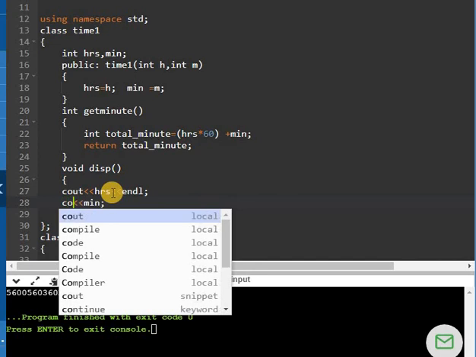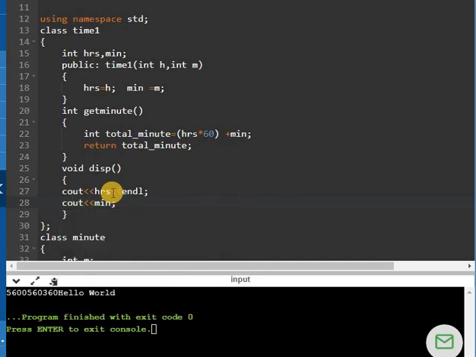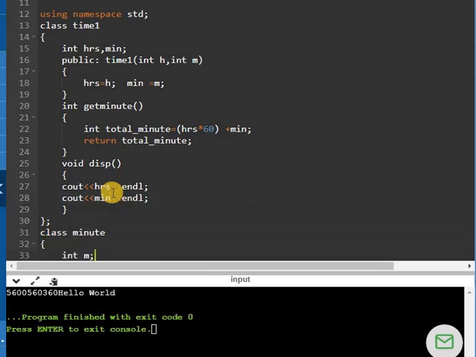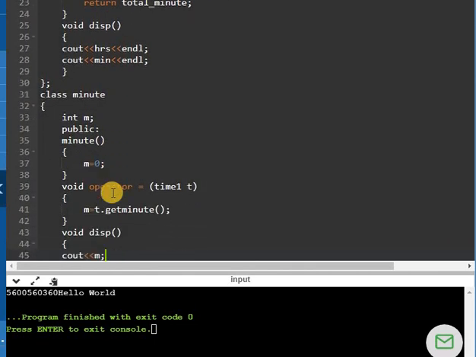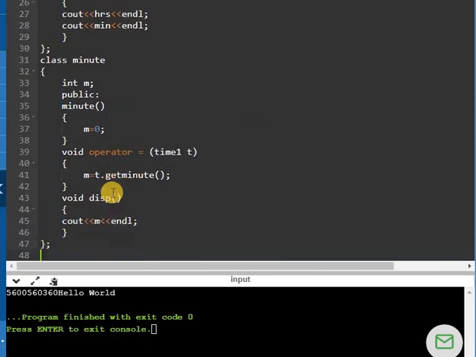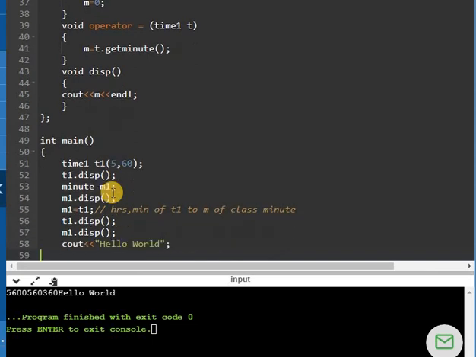Then I will just write these statements by using endl. Otherwise in the output there is a big issue in understanding. So we will just add the endl in every cout statement so that proper output we can get. So we can remove this hello statement, hello world here, run this program.